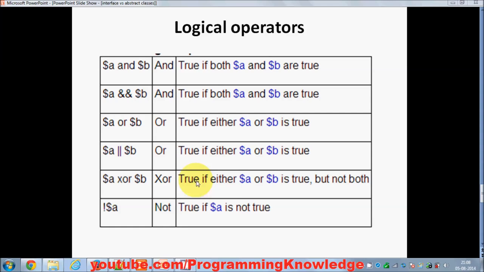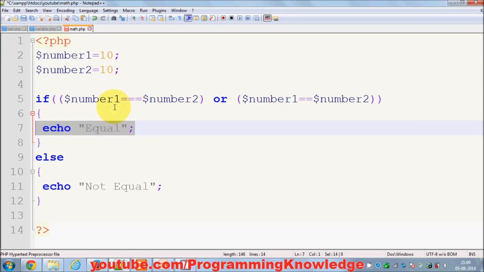So it will basically check for one of the conditions to be true, but not both at the same time. Okay, so this is an XOR operation, and when you use not, it just checks for the non-equality. Okay, so it will check if the value of this is not true. So these are some of the comparison operators and logical operators you can use with your if condition, or in some other cases wherever you need to compare or perform some logical